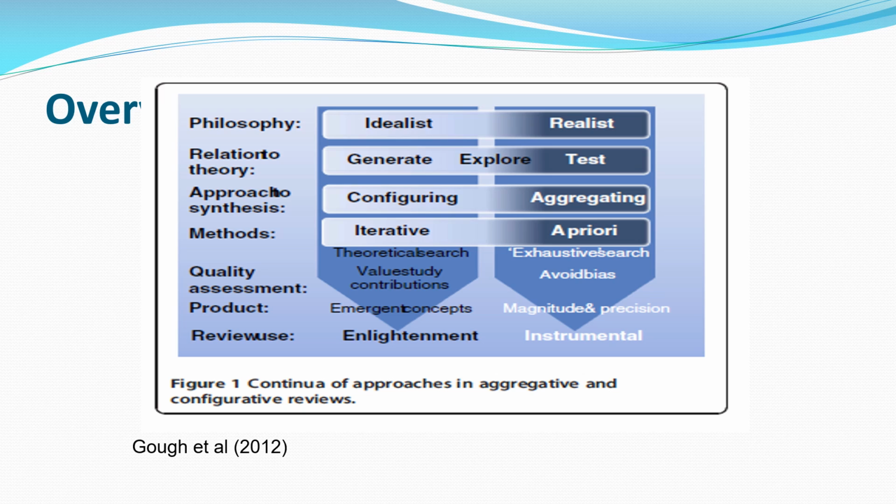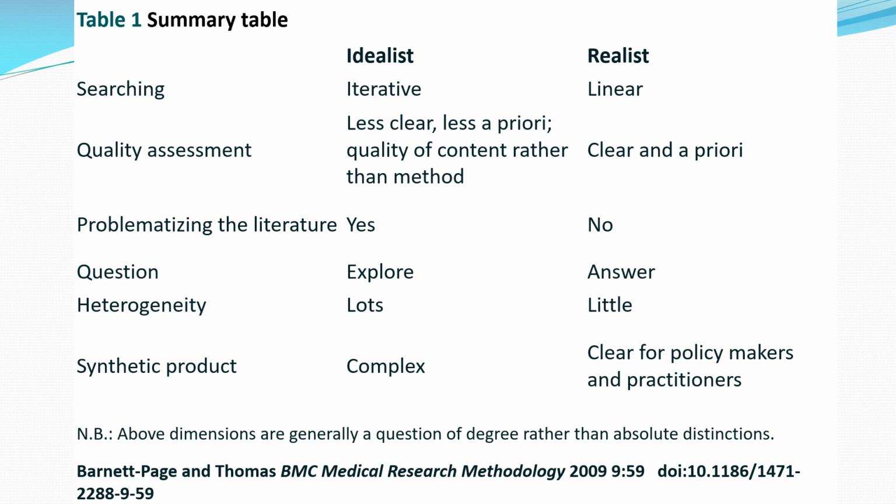So at every stage, this distinction between the idealist end of the spectrum and the realist end of the spectrum has an impact on the methods that we use. And this shows this in a more instrumental way at the level of searching, quality assessment, the degree to which you problematize the literature, so the degree to which you recognize different perspectives in different types of literature, the effect on the question, the way that it addresses heterogeneity, and